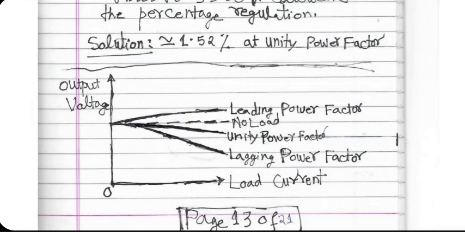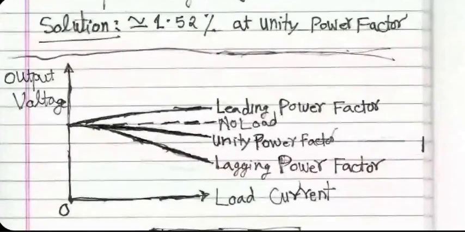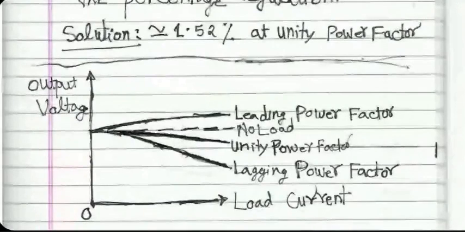We will be doing numerical examples on all this anyway, using equivalent circuits, and these things will come back to us at that time. In case of DC generators, this was not the case. The full load voltage was always lower than the no load voltage. In case of AC generators, nature of power factor matters. For leading power factor, it's a very interesting result, supported by theory.